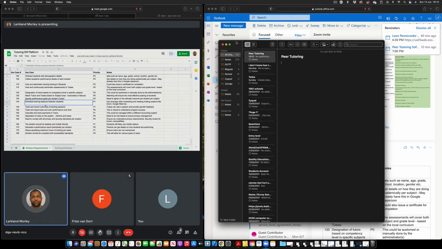The key thing though is that scheduling is one thing, but we also want to track. One thing we could say is that even the tutee could rate the session as well. Maybe not initially, but you could give them the option to say, did I have a good training session? That will help you fine tune how good the tutors are.